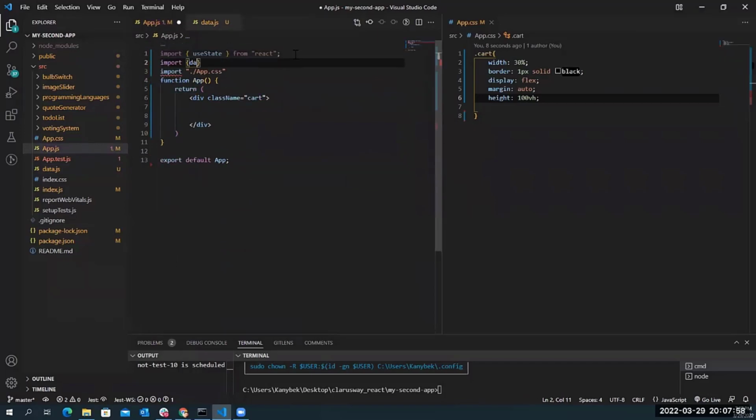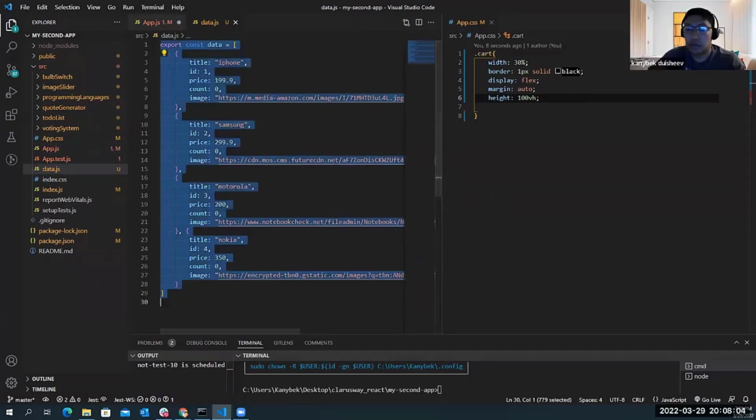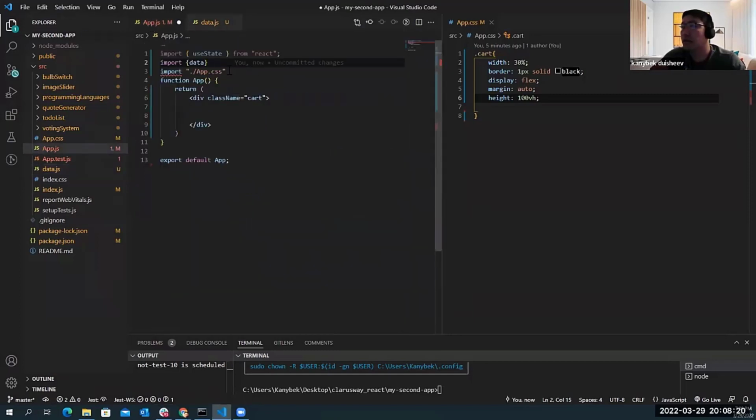Import. Can you share the data, please? Of course. Let me put it over the chat. So it's in the class chat. Yep. Here you go. The data. So yeah, data from